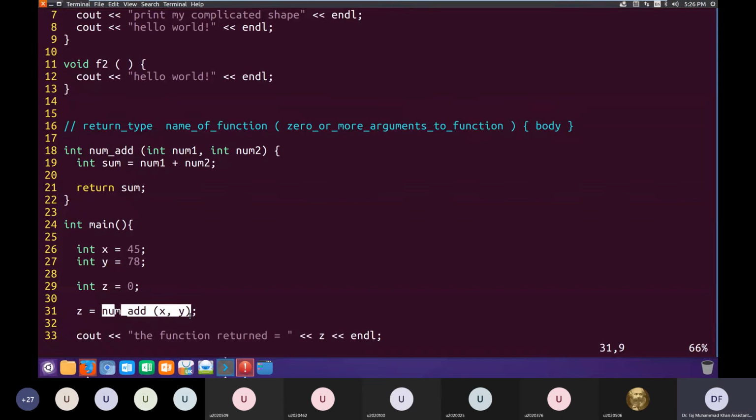So this right side of the assignment operator will now become equal to the value of sum, and now this value will be assigned to z. And now the execution of line number 30. So the program execution will move forward and print out the value of z.